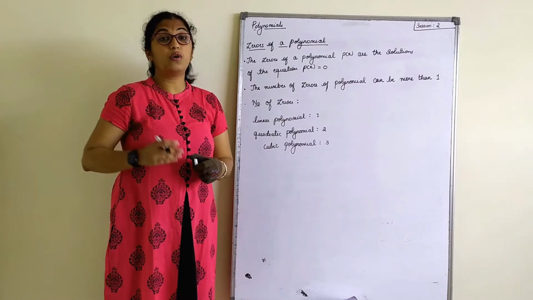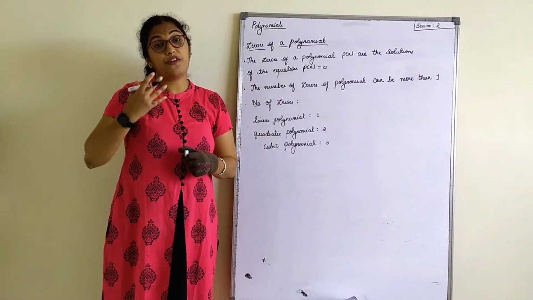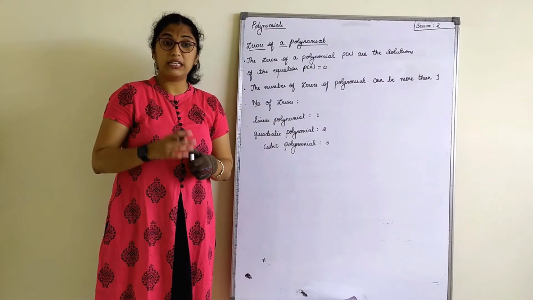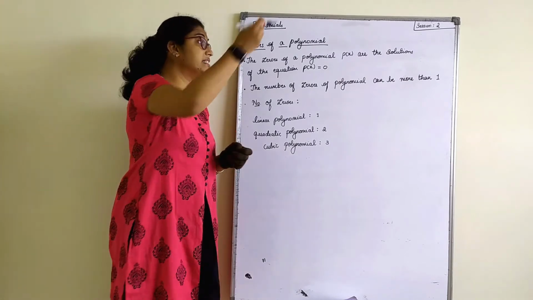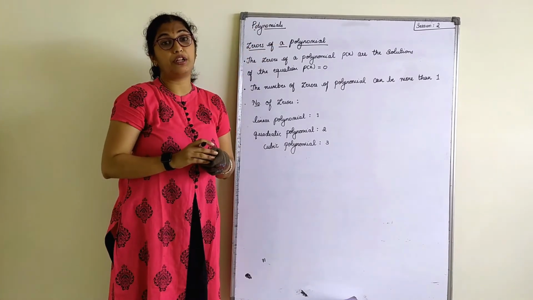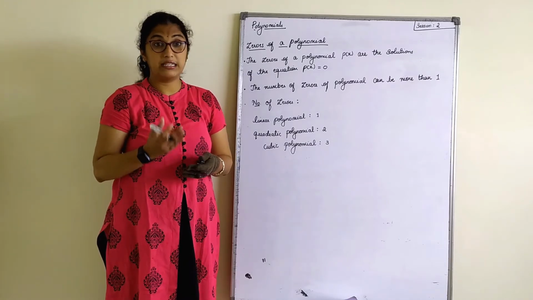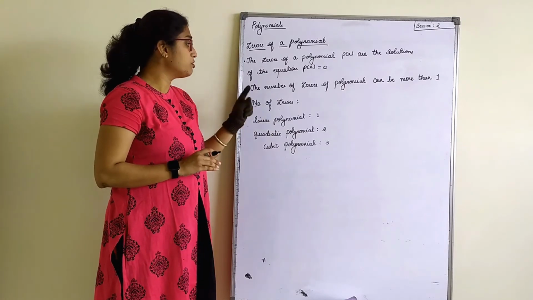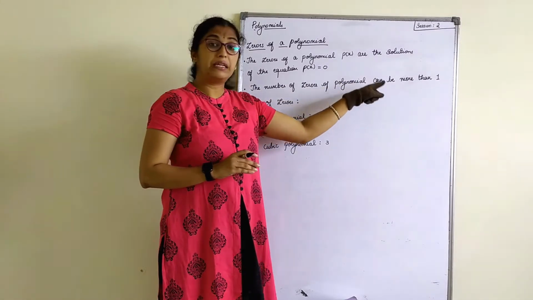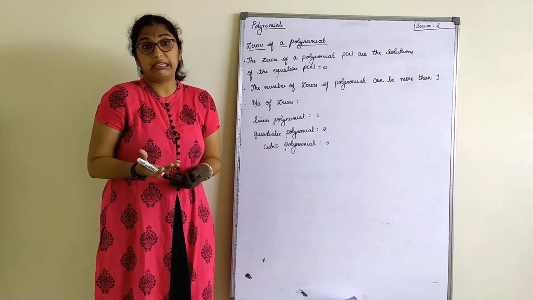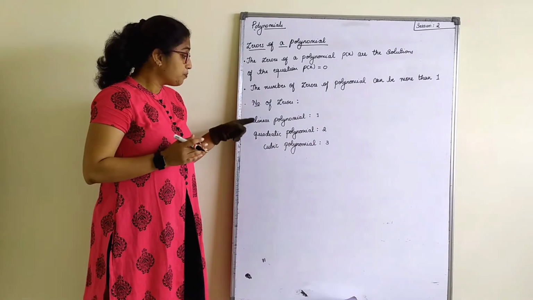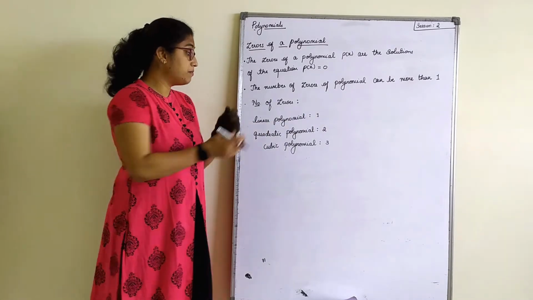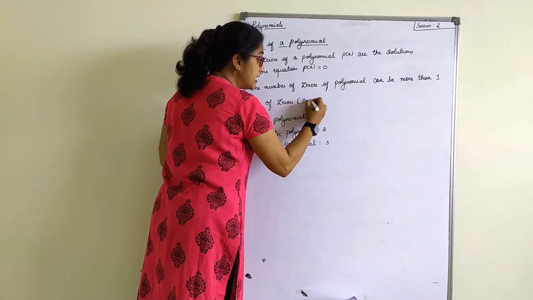Now why is it equal to 0? Always, if we are finding a zero of a polynomial, the given polynomial is equated to 0, because if you find that solution and substitute it in the given polynomial, you will get the answer 0. That is what we are solving in the coming exercise. One more thing, the number of zeros of the polynomial can be more than 1. It's nothing but the solution.